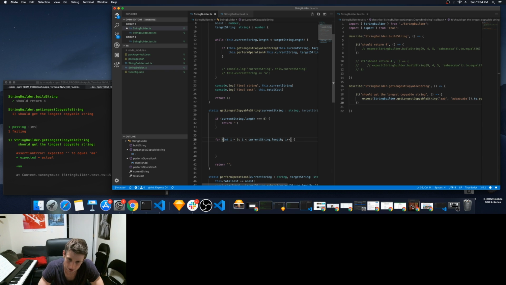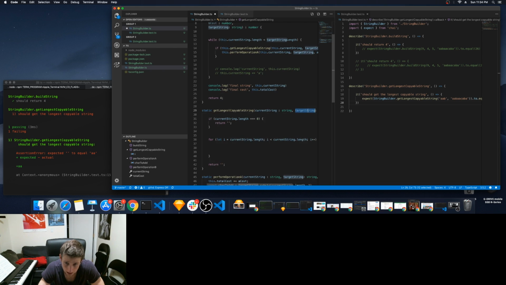Oh, this is interesting, right? I think I'm going to start at current string dot length, and I'm going to loop down to target string dot length,